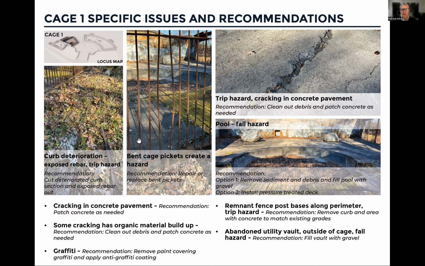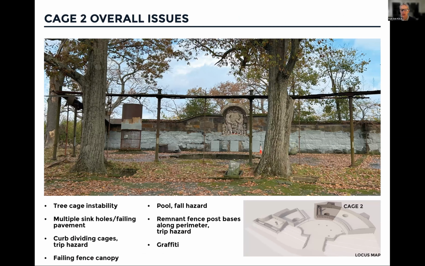So then we get to cage 2. There's some common issues that I've already talked about: graffiti, the stability of the fencing system, and some of the holes in the pavement. Unique to cage 2 and 4 are these protection cylinders that were around live trees that kept the bears away from the trees. The trees are gone, but these cages remain. And there's actually a hole in this one that you could get inside of it. So that's something we would close up and make this more stable.